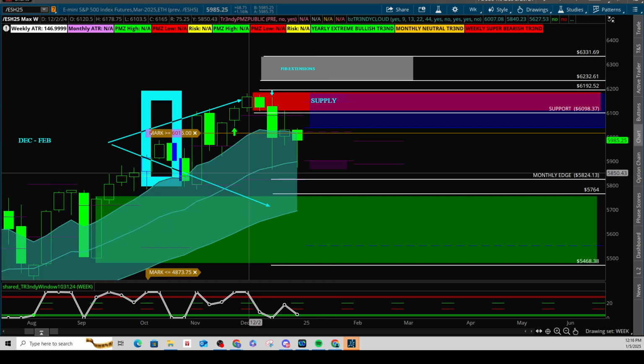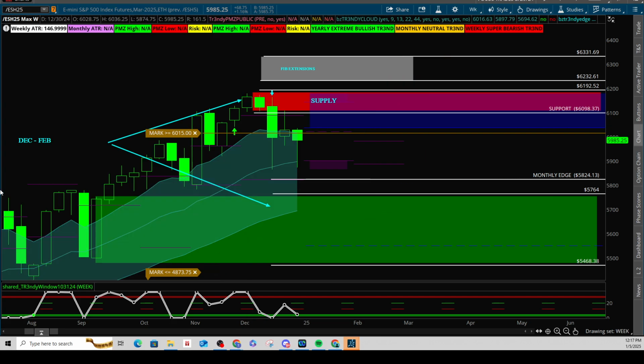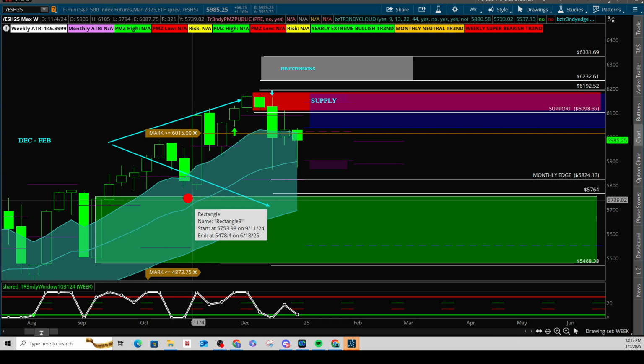And you guys can see here, this is our range. All right, so you could just put a box around it. The idea is as price gets higher towards the top of the box, you look to be cautious. And this makes a lot of sense when you're looking at the supply and demand zones that I created. Well, the supply zone happens to be towards the top of the box. Down here towards the bottom, you guys can see this big green zone. This is your demand, okay? And that's also towards the bottom of the box. Right now, currently, price is just really sideways, okay?